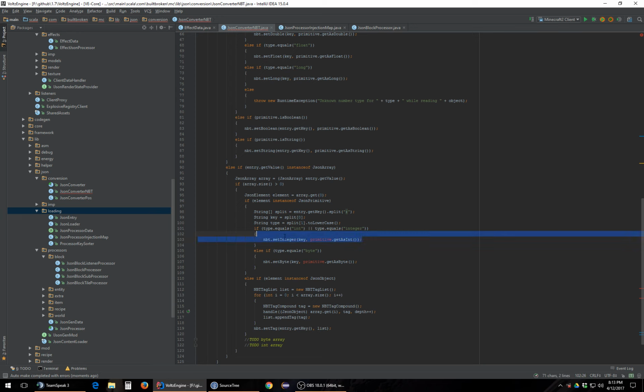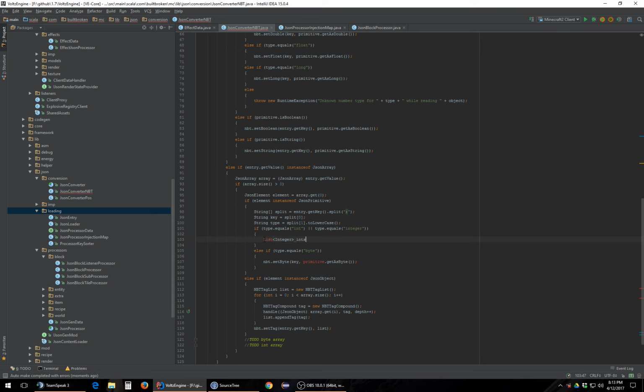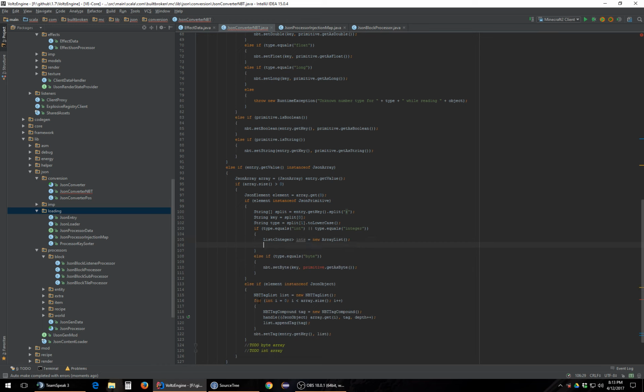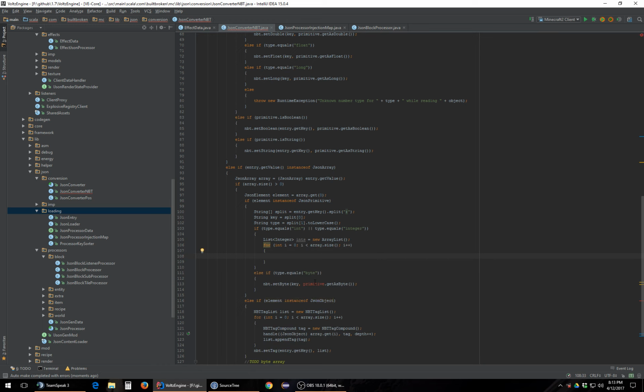Okay, so how we're going to handle this is list of integer, int list equals new array list. So we're just going to store it as a list and then we're going to convert it to an array. Alright, so grab this again. Then we want JSON primitive p equals